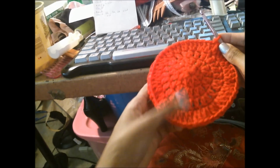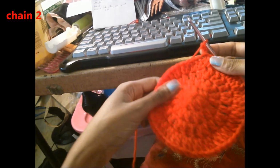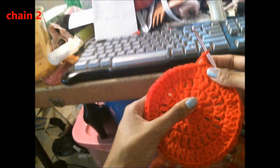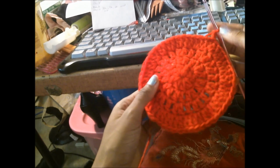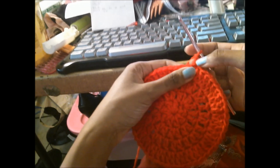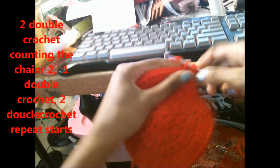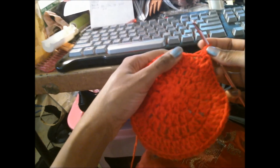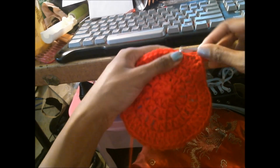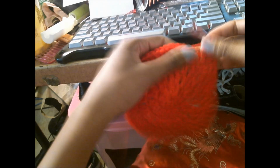And for your next round, you'll be chaining up 2, and you'll be doing 2 double crochet, with this counting as your first double crochet, so into the same space a double crochet. And we'll be doing that same pattern as before. The next space you'll be doing 1 double crochet, the next one after that 2 double crochets,